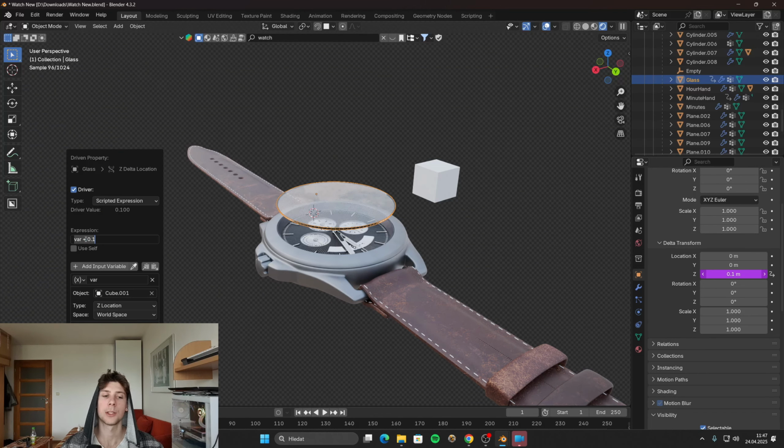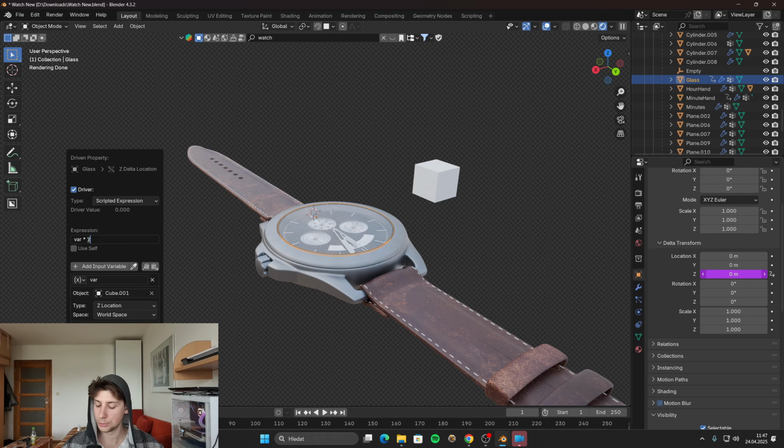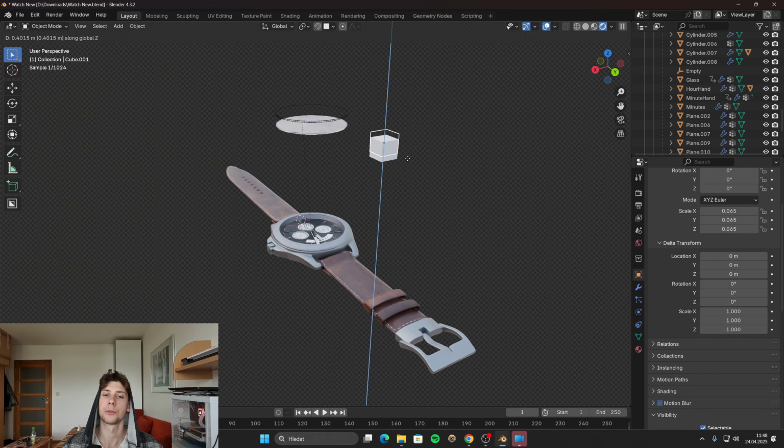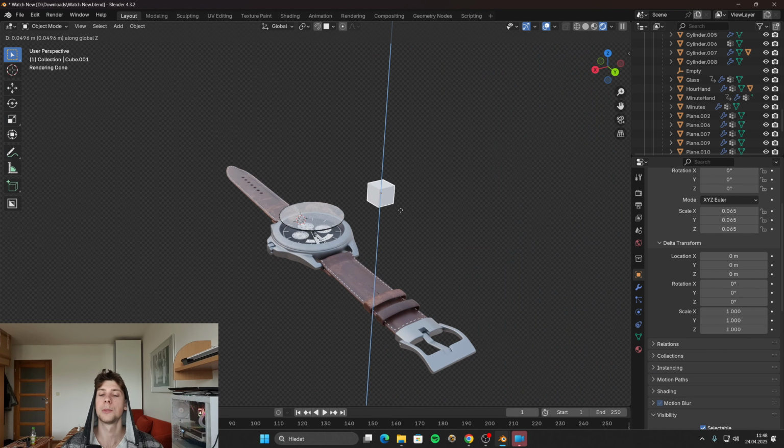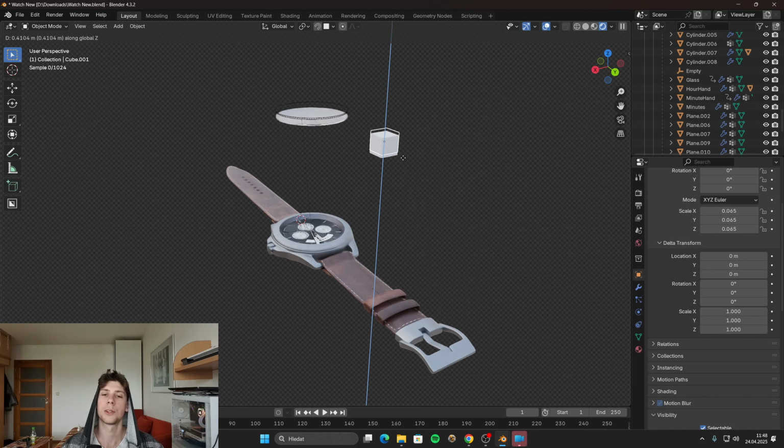So instead of adding a value, we're gonna multiply it. So if I set the offset to 2, you can see that the z location of the glass is the location of the cube multiplied by 2, which basically means that the glass will travel twice the distance of the